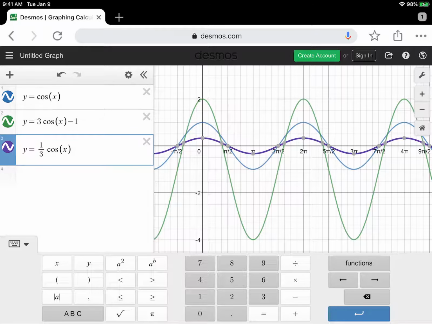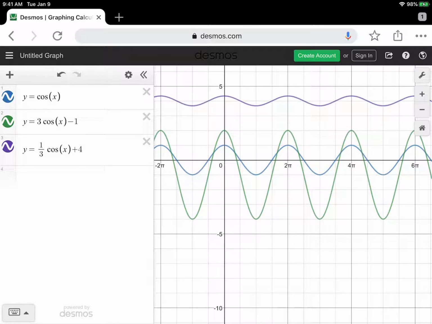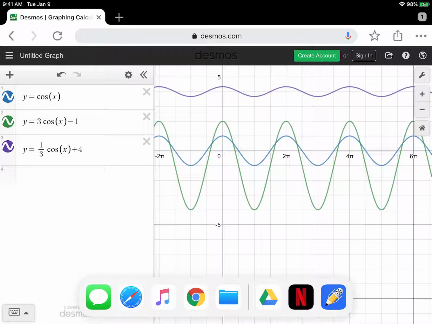Now I'm going to add 4. I don't see it, so that might happen to you. So I'm going to zoom out, and there it is. So it looks like I picked up that graph and I moved it up 4 units. So going back here,